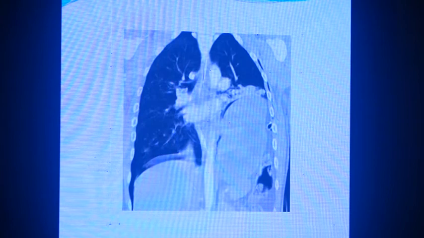Diaphragmatic rupture on the left side, abdominal content reaching onto the left lung and causing the